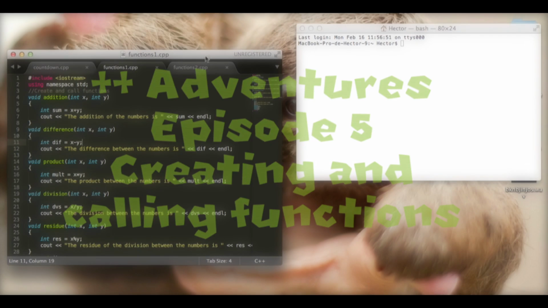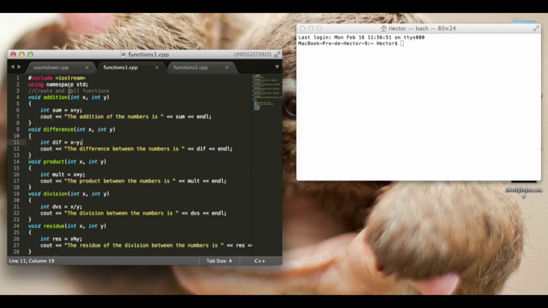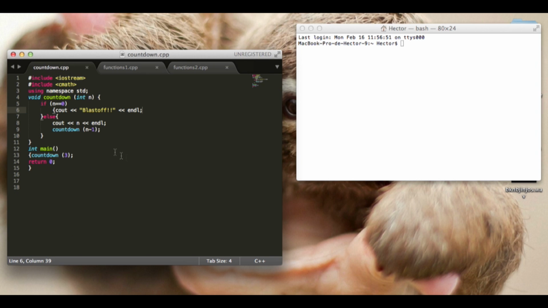This time what we're gonna do is something called creating and calling functions, as you can see over here. So, what is a function? And how do you create one? First of all, you need to know the command void. Void is to create a function, then you name your function, and then you will open a parenthesis and you